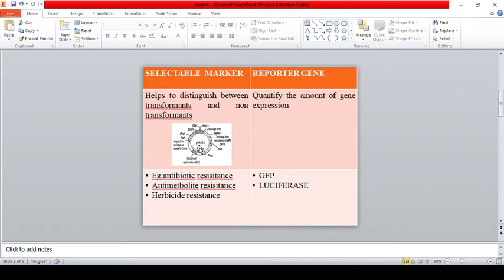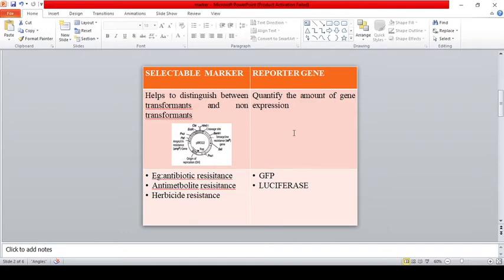If you take this plasmid, it has two selectable marker genes: one is the ampicillin resistant gene and another one is the tetracycline resistant gene. So when we insert the gene of interest, we can detect those organisms which have this plasmid inside by growing the organism in ampicillin containing media and tetracycline containing media. Transformants will grow in the presence of the antibiotic containing media since they have this resistant gene.